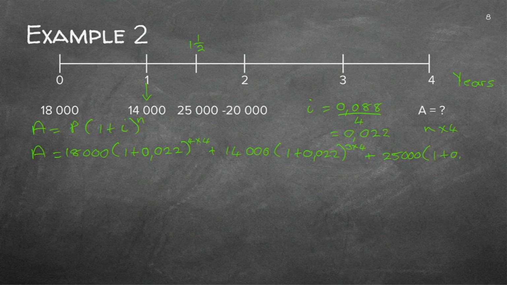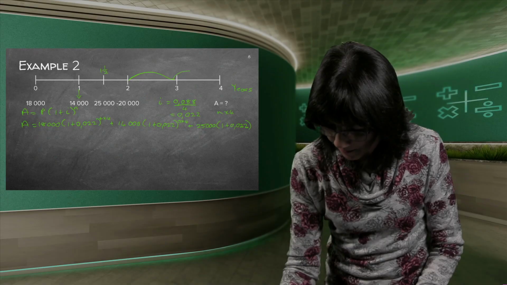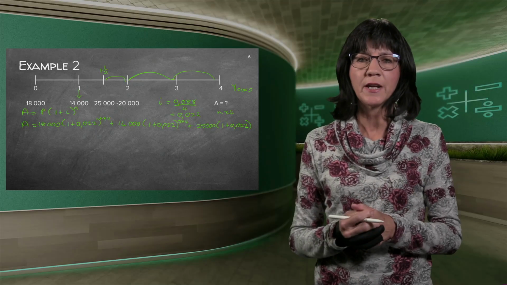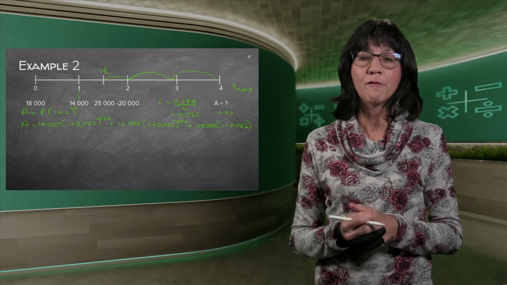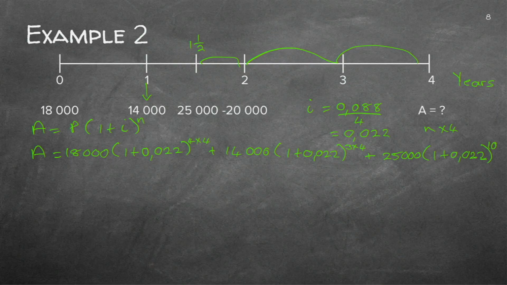1 plus 0.022. Now be very careful here. It's now 1.5 years after you started. So how far is it from the end? The end is 4 years. So do you agree with me? It's 2.5 years. From 1.5, you can actually count it here. 1 year, and a little half a year. So it's 2.5 years. Now, how many quarters are there in 2.5 years? If you multiply 2.5 by 4, what do you get? 10. Or you can just say 2.5 times 4, because every n needs to be multiplied by 4.